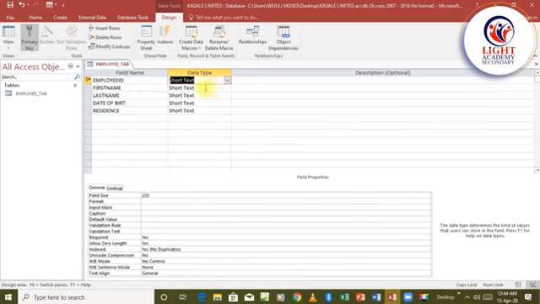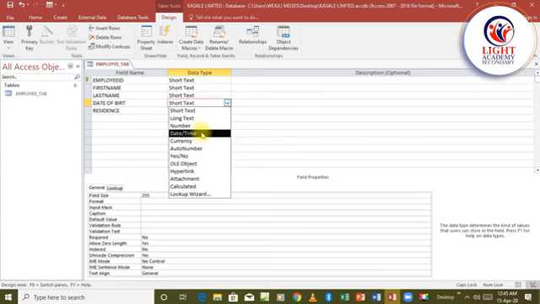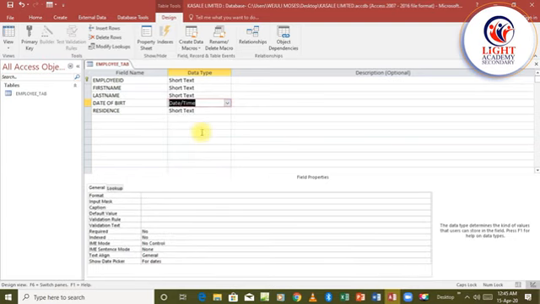A name is a text, last name is a text. Then for date of birth, basically it has to be date and time. That's the only data type that can work for that particular field. And once we ensure that we have finished